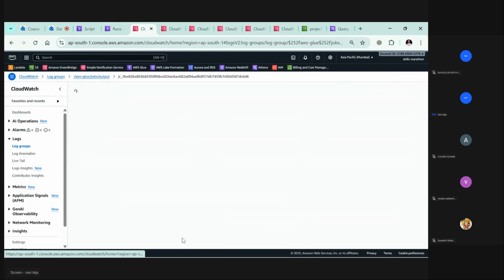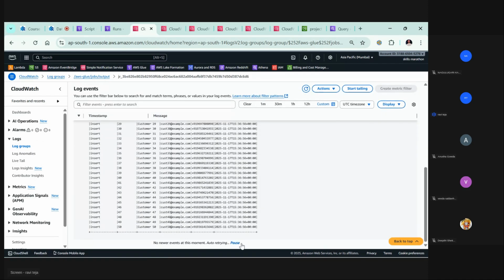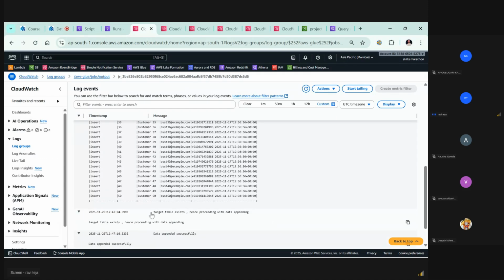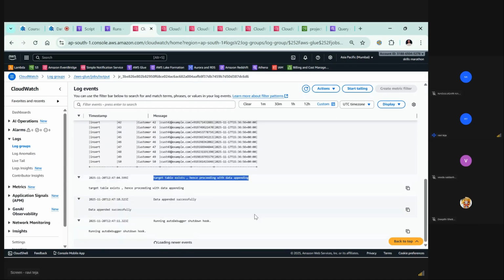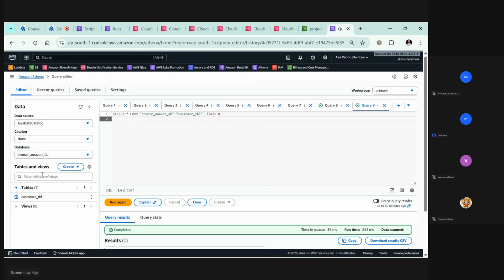Okay, if you resume it, you will automatically be able to see the logs here. I'm not doing anything. See, it says target table exists, hence proceeding with the data appending, and data appended successfully. That's it. It's over. Right now, if you go and query the Athena table for this customer table, you will see